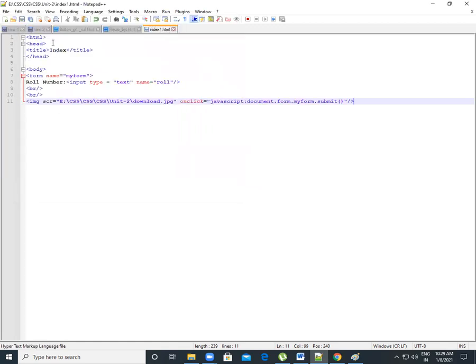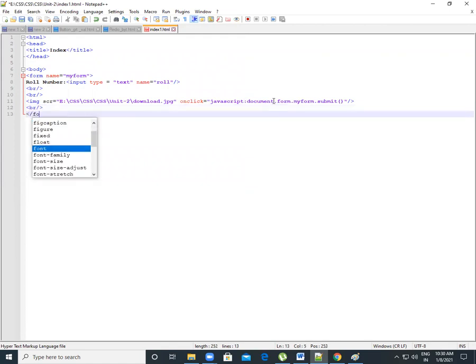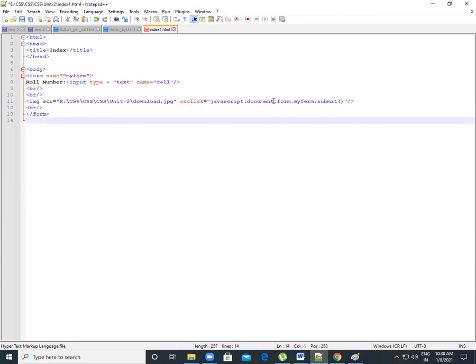Now you can see the colors are changed for each and every syntax. Now the image, we already cleared our image. We can get the source image, right? Download.jpg. Now close this tag. Now we close our form tag, and we close our body.